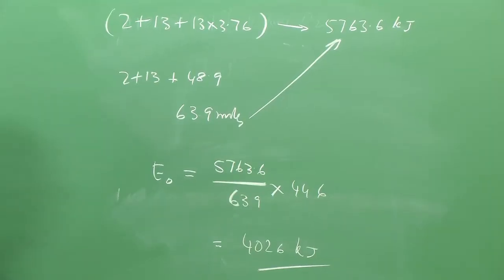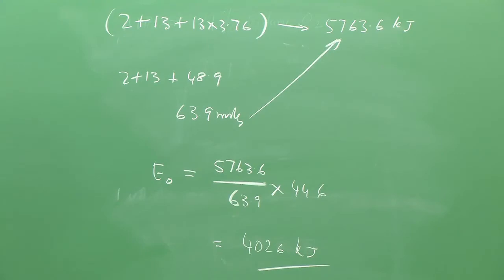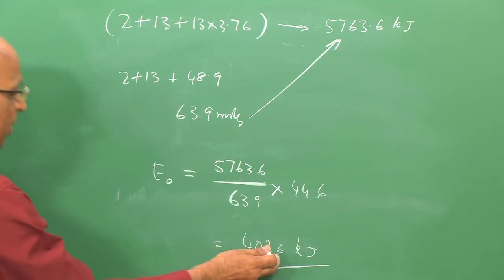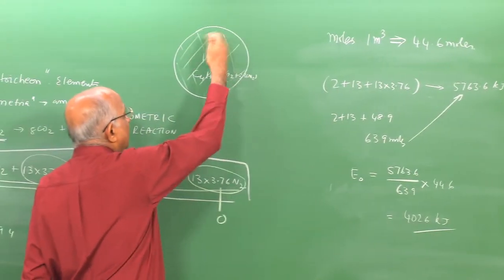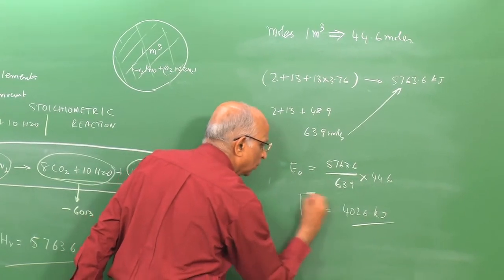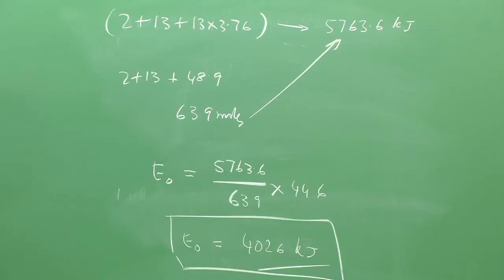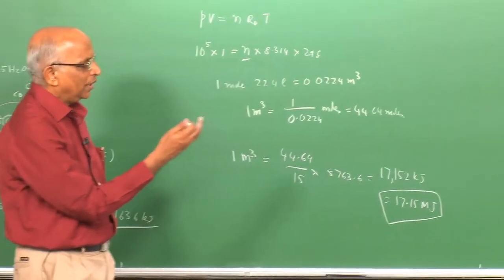Now you find there is a difference. The energy liberated with oxygen was quite high, of the order of 17.15 megajoules, whereas with air the energy release is much lower. Why does it happen? Because of the dilution effect of nitrogen, the energy density comes down and the energy release keeps coming down. Therefore, for a stoichiometric mixture of any cloud, maybe a fuel and air mixture or any other substance, we are in a position to calculate the energy release.